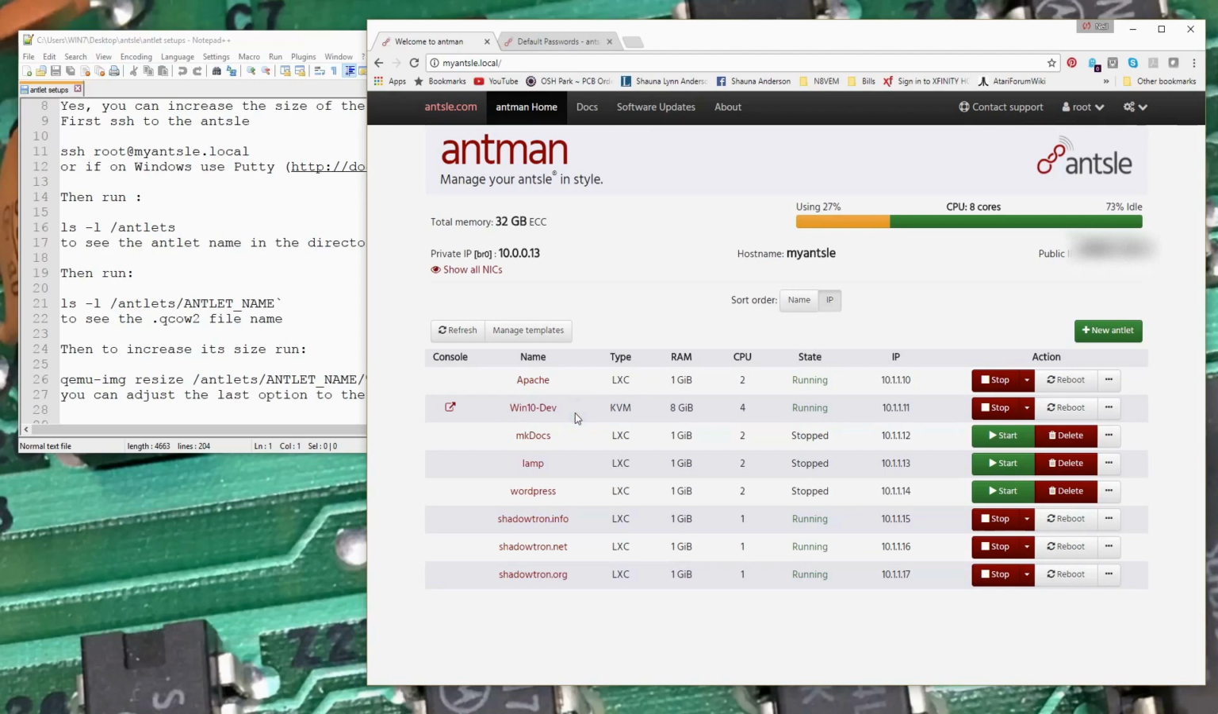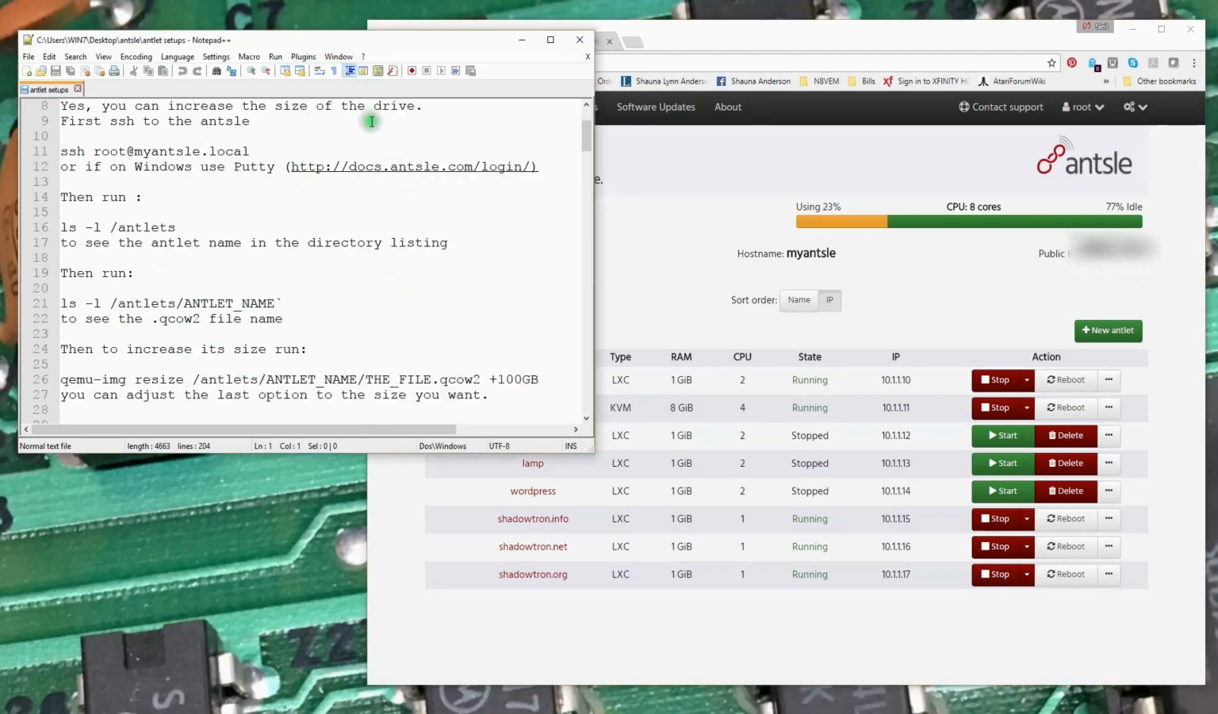The C drive is only 20 gig out of the template, and that proved to be too small very quickly. I took some Windows updates, and the Visual Studio install failed due to lack of disk space, which was kind of disappointing. You'd think that the Visual Studio install would have checked for enough disk space up front. So I chatted with the Antsle people online, and they gave me back this set of instructions here on how to go in and grow